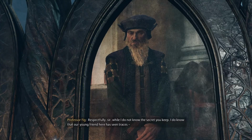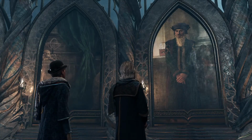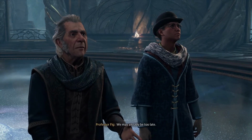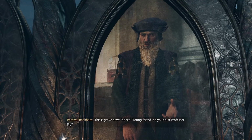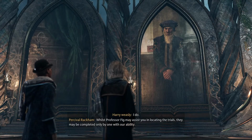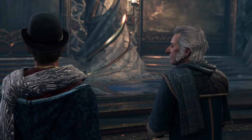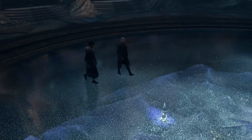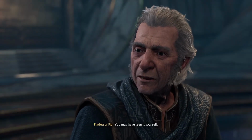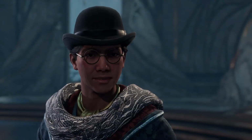We have waited... Respectfully, sir, while I do not know the secret you keep, traces of a powerful dark, and we encountered an uncommonly powerful goblin wielding such magic as we may already beat. This is grave news, indeed. Young friend, do you trust Professor... I do. That whilst Professor Fig may assist you in locating the trials, they may be... Shall we have a... You may have seen it yourself. It looks familiar. As you... I'll find...